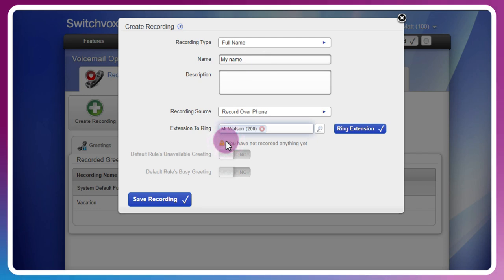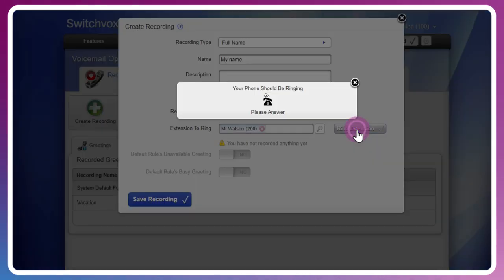And instead of my primary extension, I'm going to use the phone that's closest to me. And if I hit ring extension,